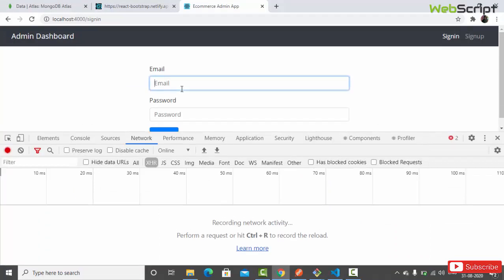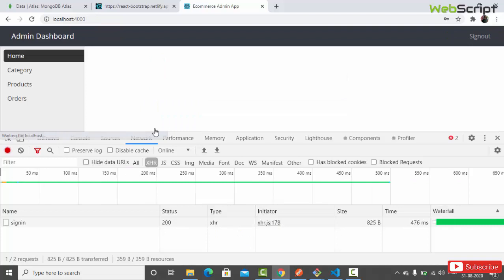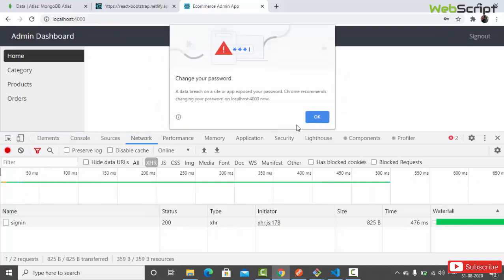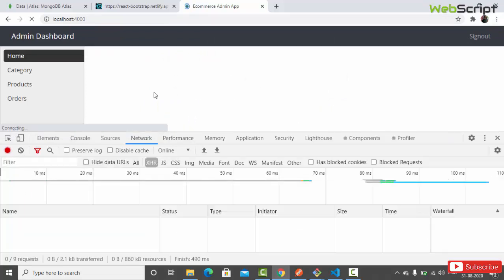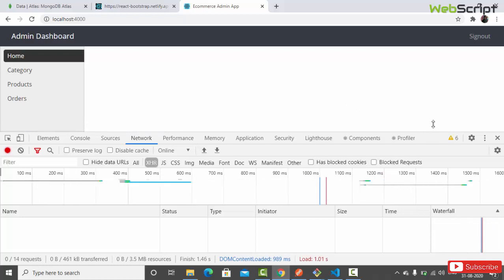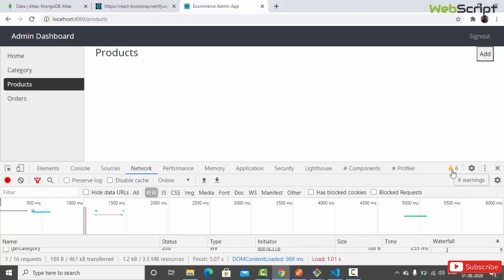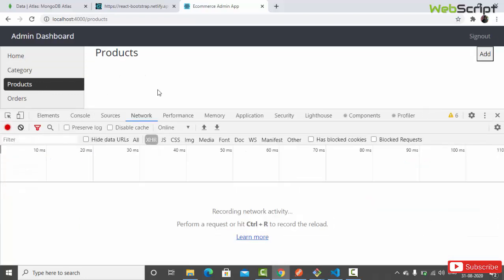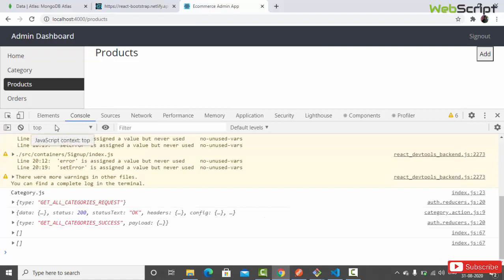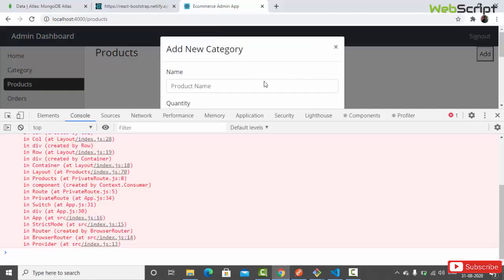Let me show you a couple of problems in this admin dashboard so we can fix them later, right? Share the rate. And here we're going to submit. Okay. Also reload the page, otherwise your token will not work, right? Categories, we have got products, and now let's add the product. This is the final one I'm gonna do, right? Add,